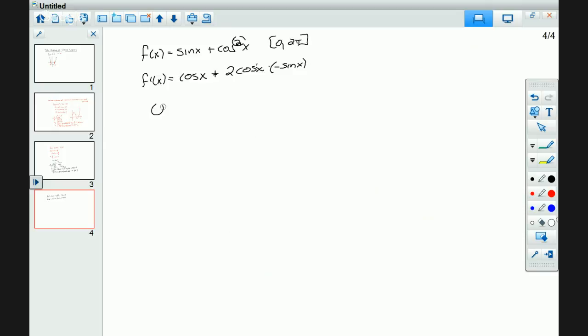Okay. And I'm gonna make it a little bit more friendly. Right, because there's a cosine in each one, I can factor it out, right? So I took a cosine out of each one, and I left 1 minus 2 sine x. Okay. Now we can do